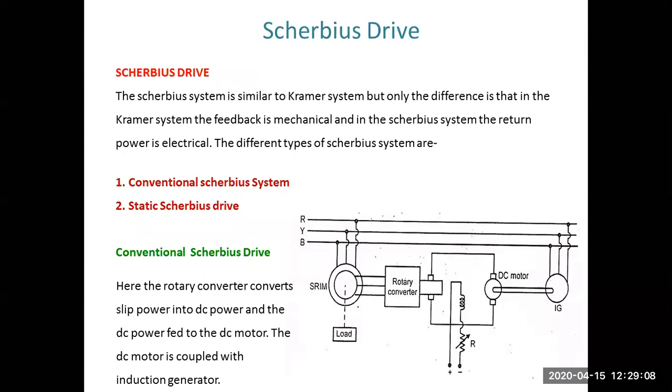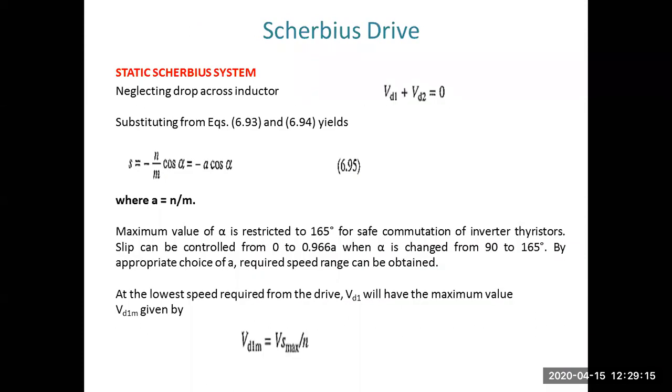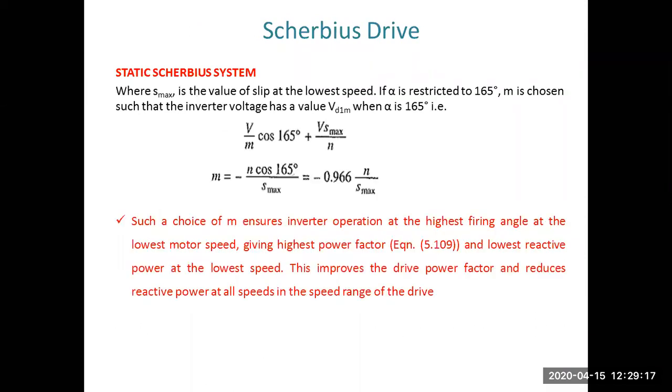उससे पहले हमने ये कन्वेंशनल सर्विस ड्राइव देखा था, उससे पहले हमने स्टैटिक कंट्रोल ऑफ क्रैमर सिस्टम भी देखा था। तो इस तरीके से आपका स्लिप पावर रिकवरी सिस्टम है वो पूरा हो चुका है। इसके अंदर आपको दो चीज आएगी, एक तो क्रैमर और एक सर्विस। अगर एग्जाम में स्पेसिफिक पूछता है कि सर्विस बताइए तो सर्विस बताइएगा, अगर कहता है कि पूरा ही समझाइए, बड़ा क्वेश्चन आता है बड़े मार्क्स का, तो दोनों का ही एक्सप्लेन करना है।